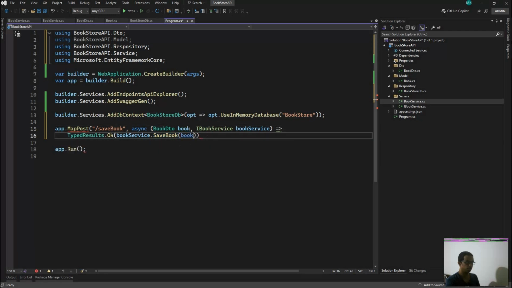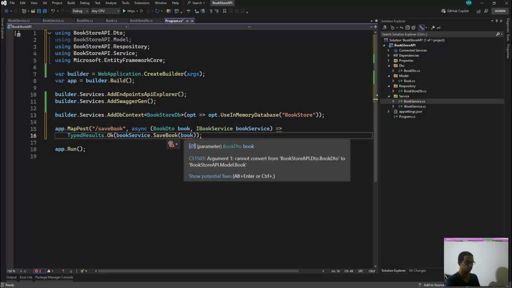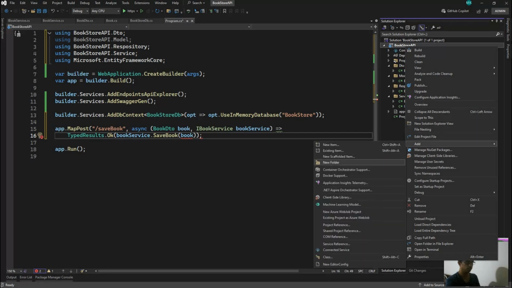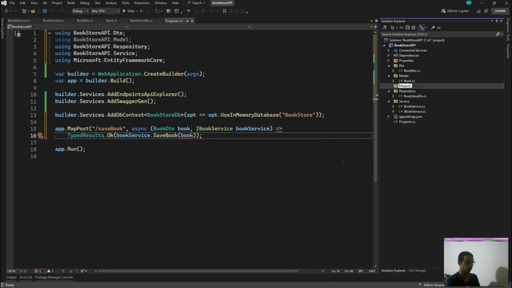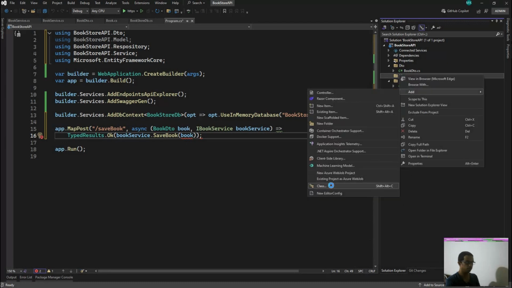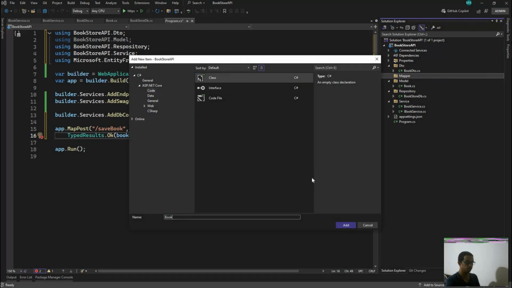Now you see here we have a DTO and we are passing it to the SaveBook, and it is saying cannot convert BookDTO to Book. Now for this we need to do an AutoMapper mapping. So let me add the AutoMapper, first write a Mapper folder, mapper, and we will do a BookProfile, BookMapperProfile, because we need to convert the